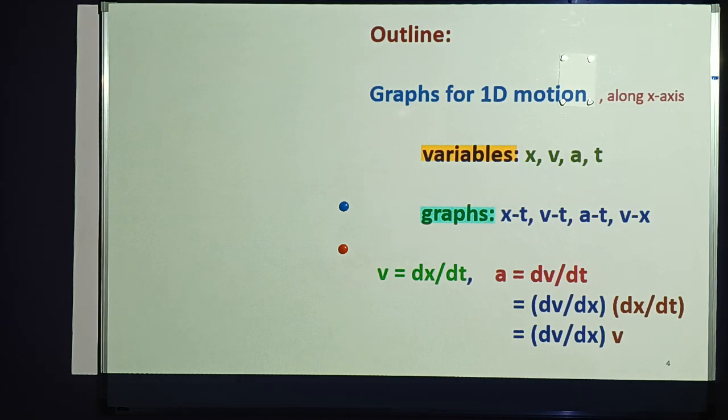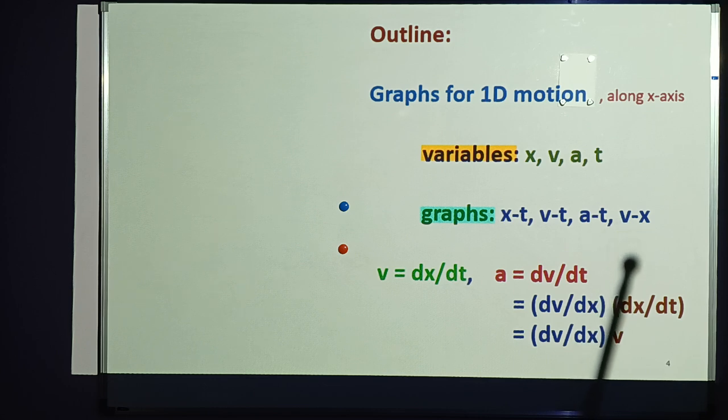In this video, I will discuss how to draw graphs for a 1D motion. The motion is assumed to be along the x-axis. The variables of the motion are the displacement x, velocity v, acceleration a, and the time t. The graphs one can draw are the displacement versus time, velocity versus time, acceleration versus time, and velocity as a